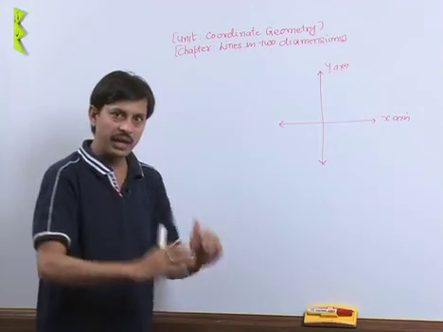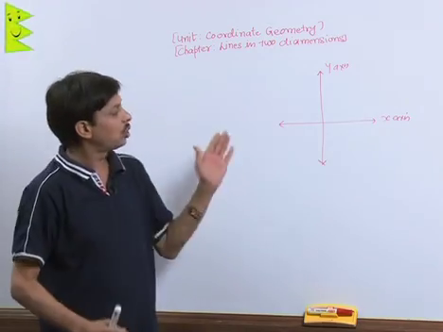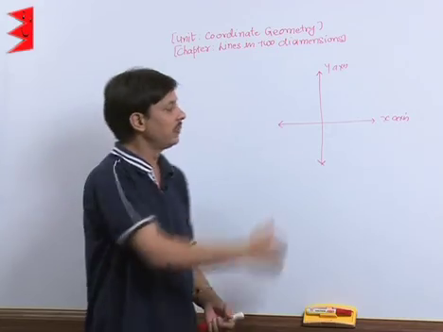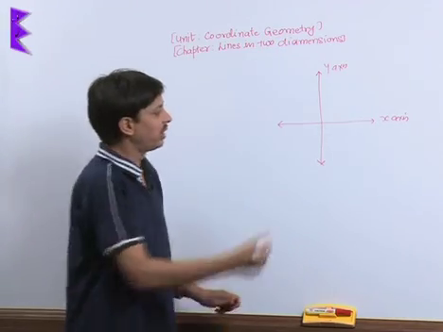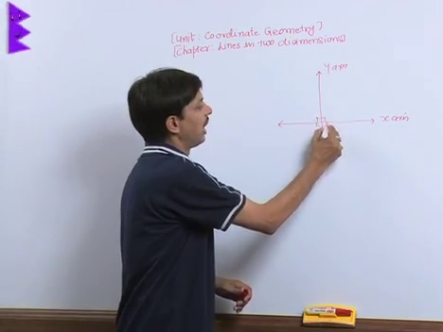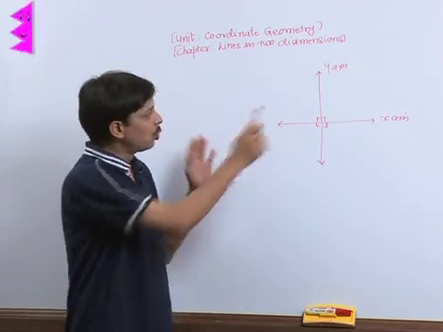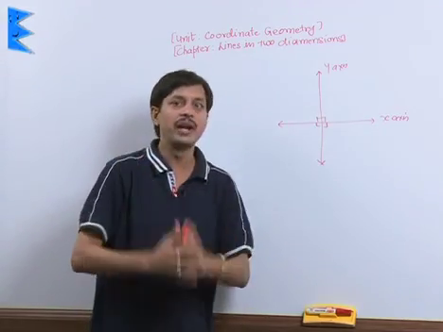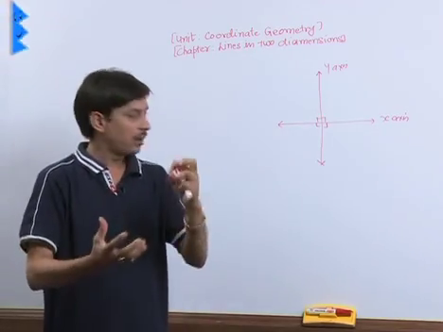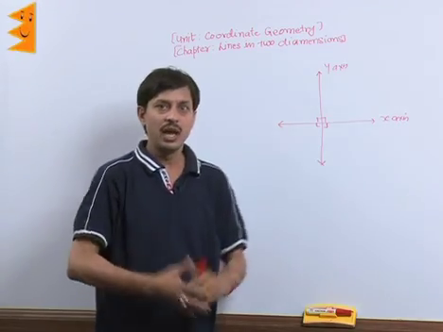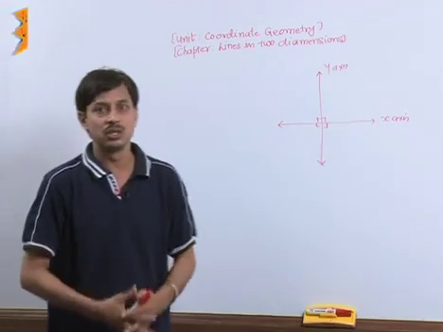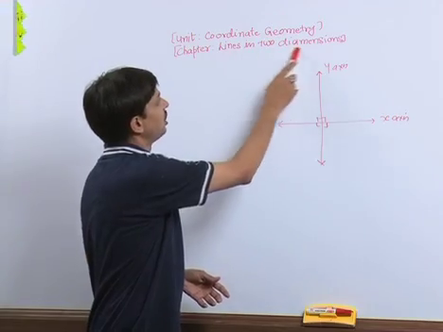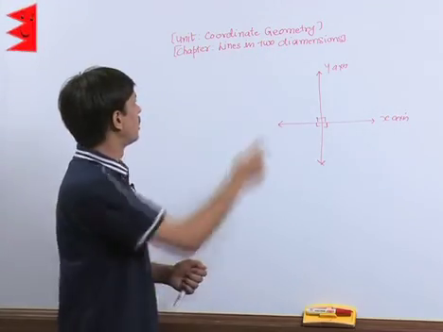And when this plane is separated by the two axes, the x-axis, the horizontal one, and the other perpendicular to it, the vertical one, and when these two axes separate our plane in 4 identical parts,